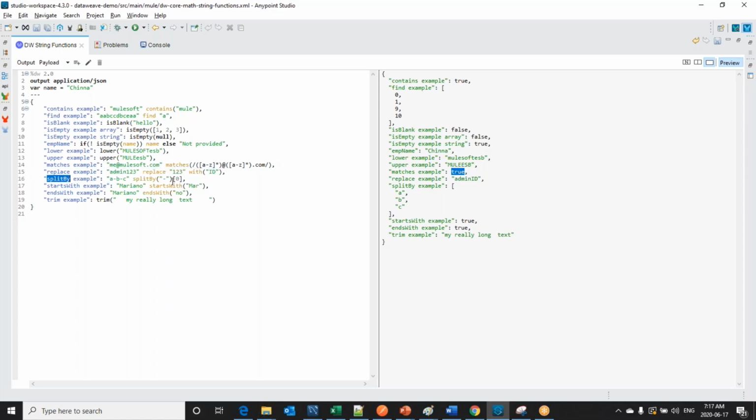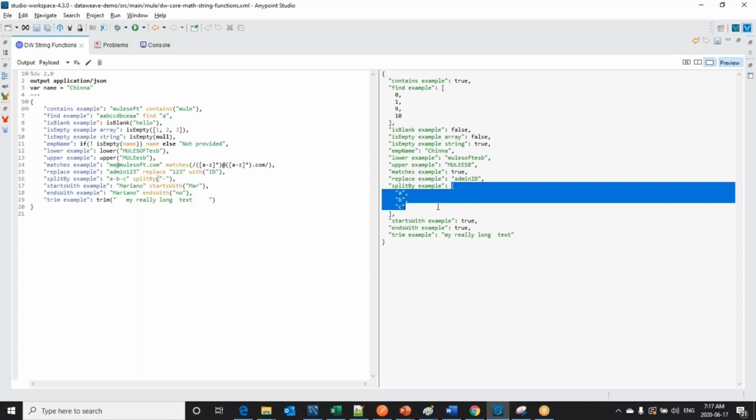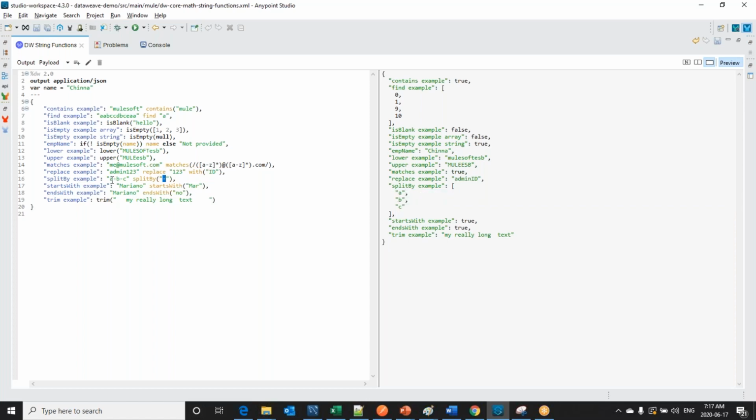Split by. So this split by, I'm splitting by hyphen, can give us the array of values that are split based on the split by we have provided. Now we got A, B, C. Suppose I would like to get the first value. So I can write split by and I would like to get the first value of this, then I can put it as 0. Then it will give me the simple value that is A. Suppose I would like to get the last value, then I can supply -1. Now we can see it has given me the last value.